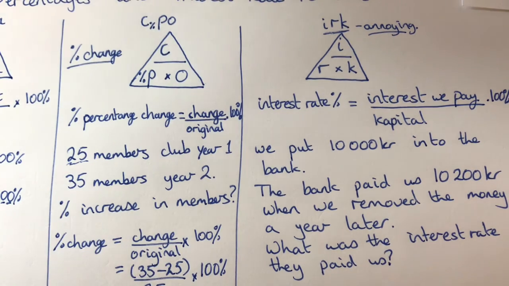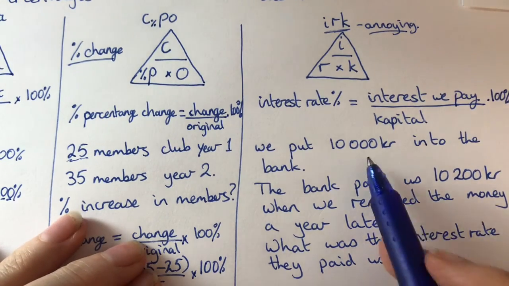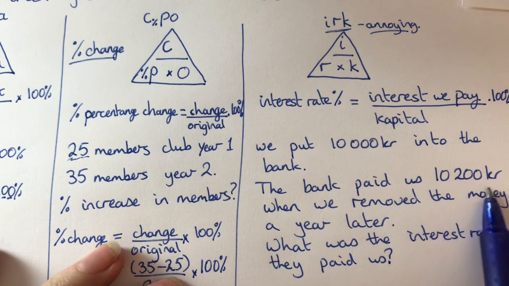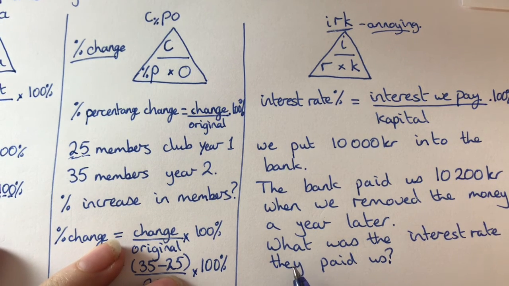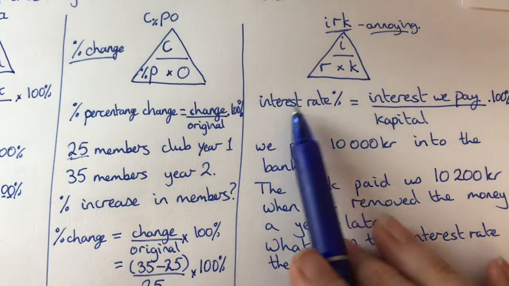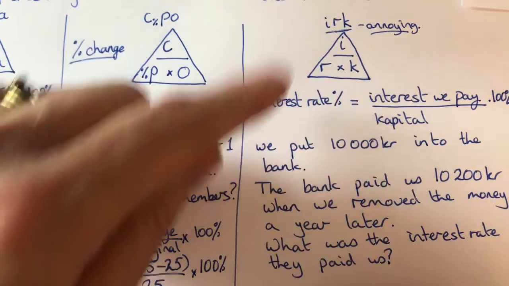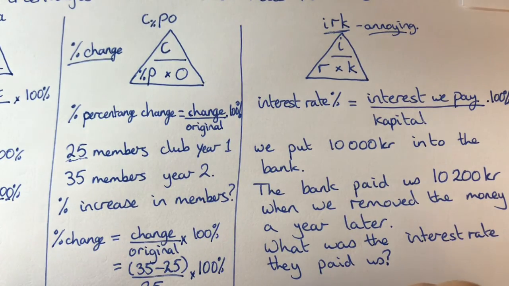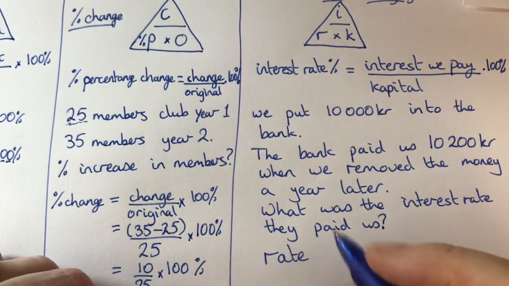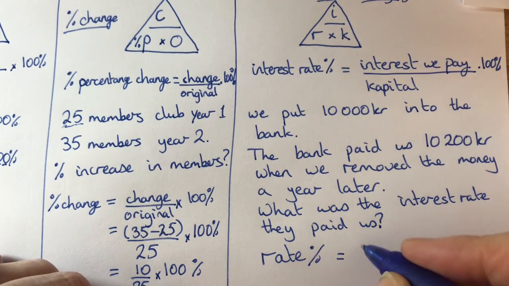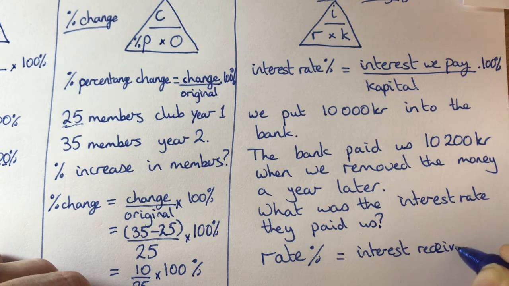So if we put 10,000 kronor into a bank account, and it stayed there for a whole year, and then they paid us 10,200 kronor, and we wonder what was the actual interest rate that they gave us. Well, we would use our formula here: interest rate in percent is the amount of interest that we received divided by the capital